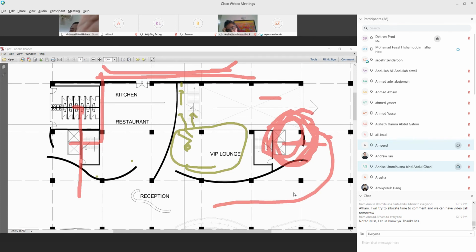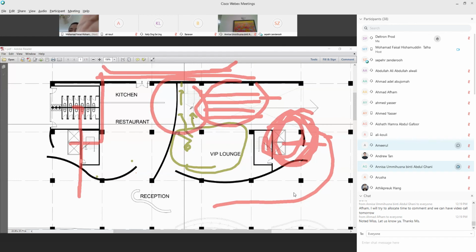So I'm saying here, areas like this are very good because we can do an escalator there. The escalator will go over the ramp. You can see the ramp below. So this is a good place to put the escalator.